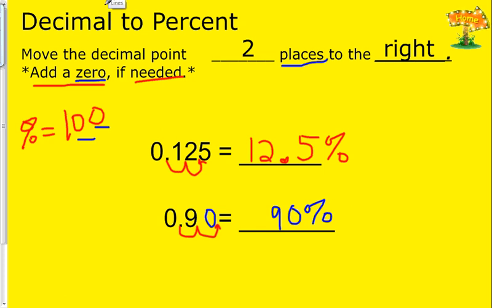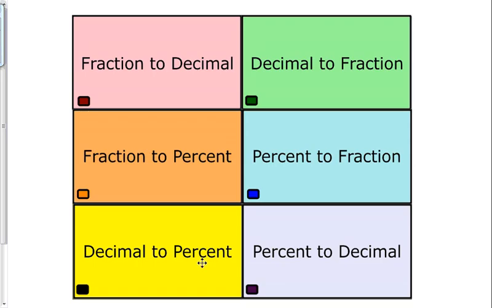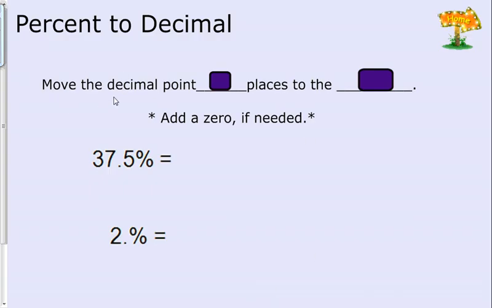Okay, good job guys. Thank you for being patient. We have one last one. Percent to decimal. Now these are opposites, so what do you think we're going to do this time? Move the decimal point 2 places to the left this time. You're trying to get rid of this percent sign, so you want to walk away from the percent sign, and you can only move twice. 1, 2. So our final answer is